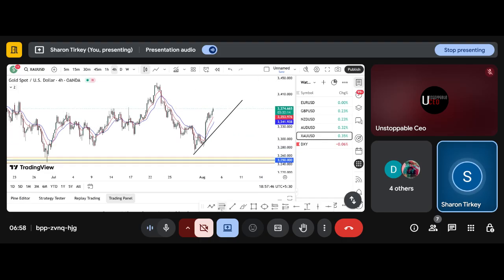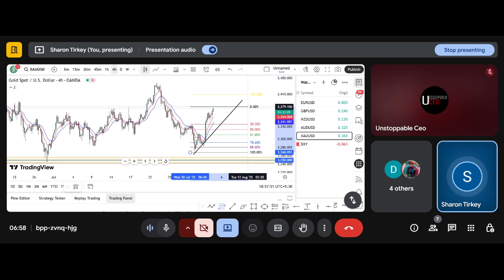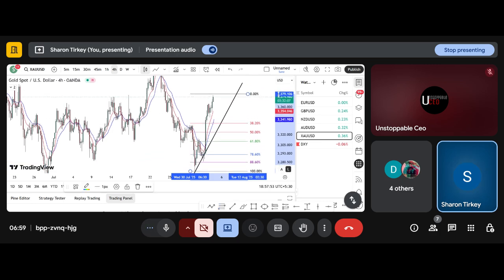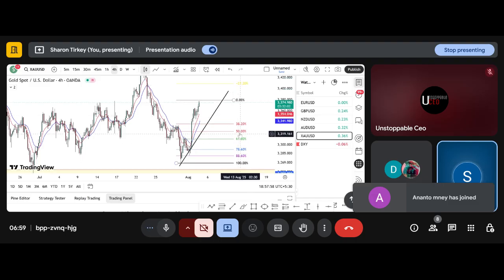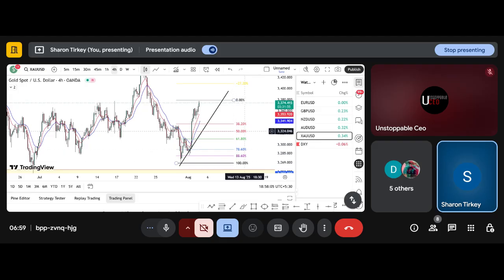Now we draw the Fibonacci from higher low to higher high. Here you see the market comes to this level, 50 to 61%, for the retest, but the market also retests at this level, also 78, 88, 100%. Okay, it means the market comes here for the retest, then goes to the target. Here you see,